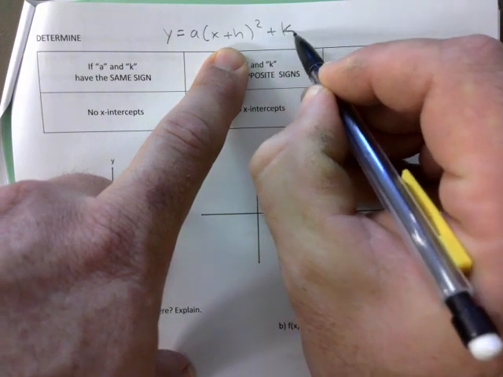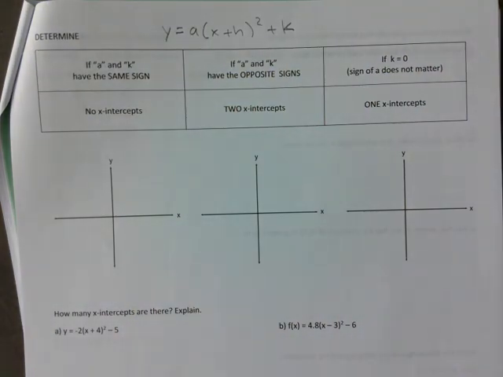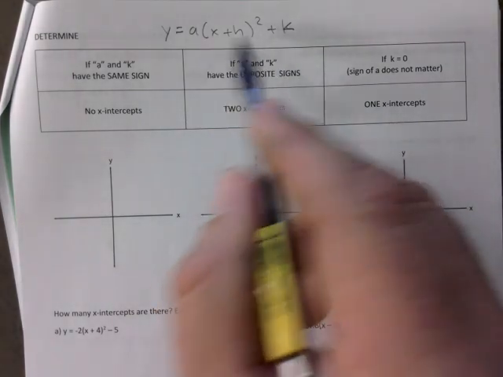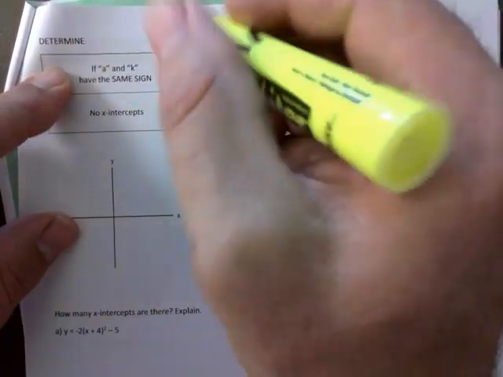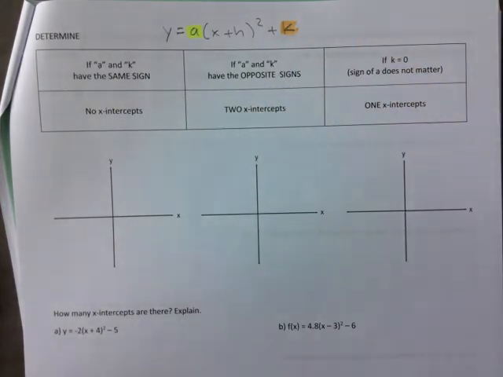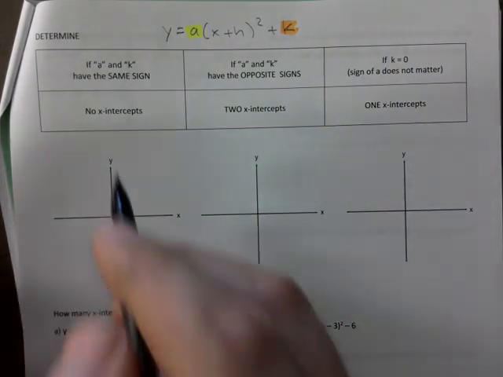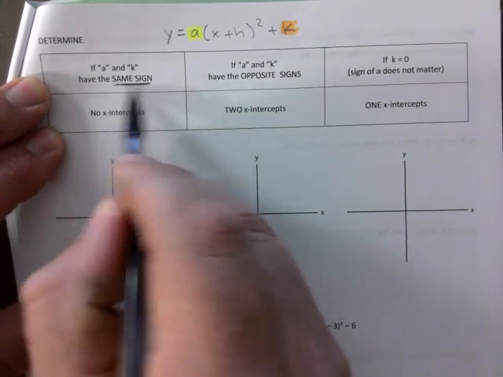Notice that everything is plus here. It's just because this is a general form. Obviously, you can have negatives. But if you have the vertex form like that and you focus on a and k, h and k get us the vertex, but a and k tell us how many x-intercepts there are. So if a and k have the same sign,